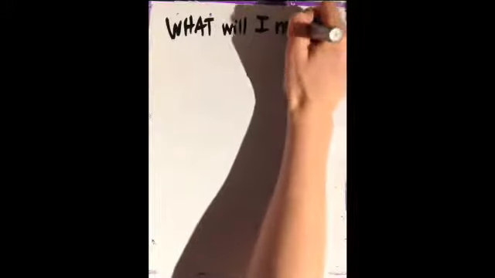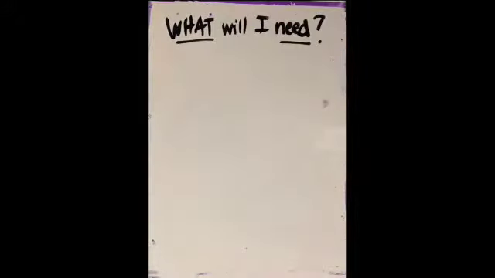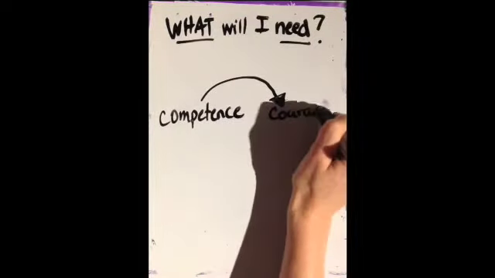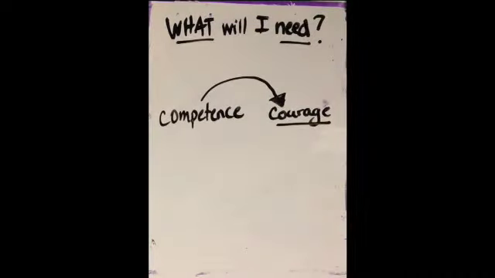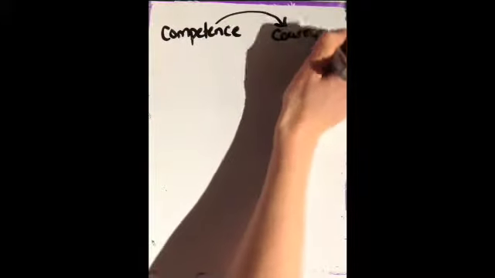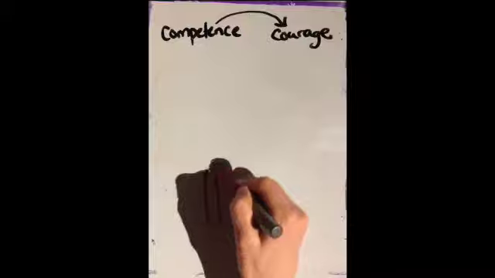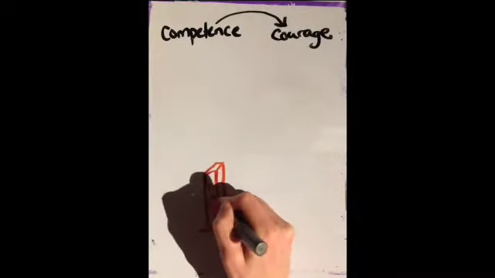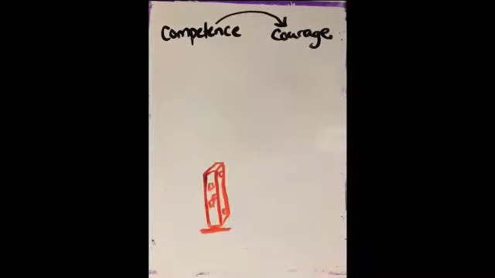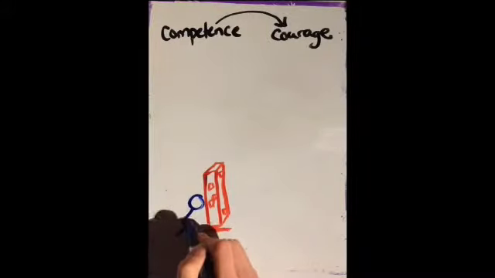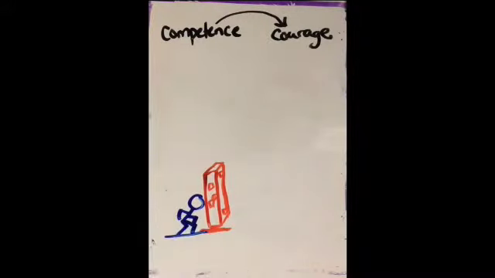The third shift in my thinking is, what will I need to do this? And coming into this course, I would have said I need competence to be able to do professional development. But after this course, I now believe it's more important to have courage. That's of greater value than basic competence. In the book Let Your Life Speak by Parker Palmer, he writes that we can learn as much about our nature by running into our limits as by experiencing our full potentials.